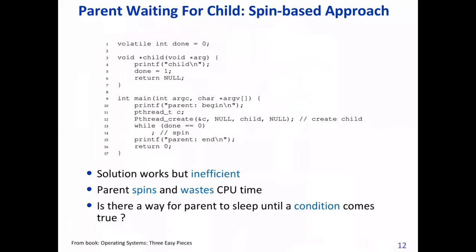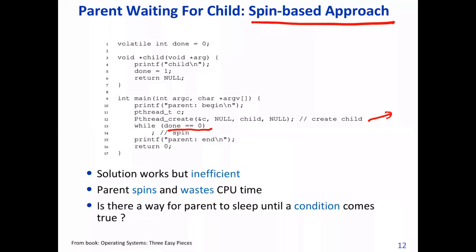Okay, so this is one simple implementation that we have seen earlier also. It's called spin based, right? Busy waiting kind. Okay, so now once child is created by parent here, then it will check whether child is completed by a global variable, done is equal to 0. It means that while this value of done is 0, it will do busy waiting or spin waiting, right? It will keep spinning.